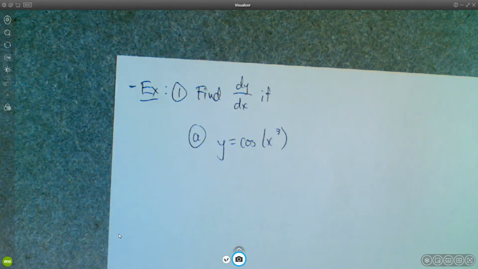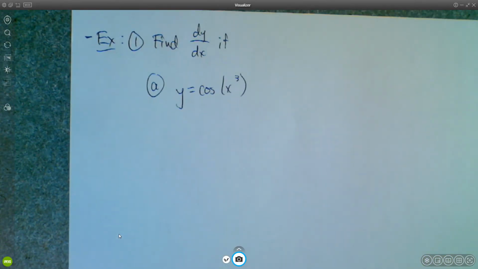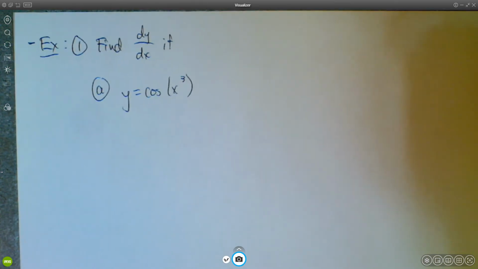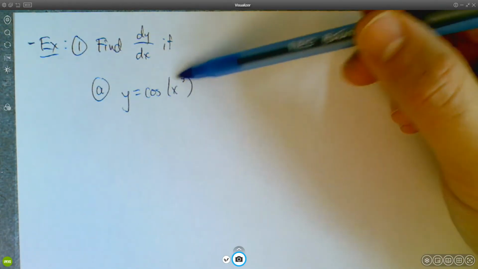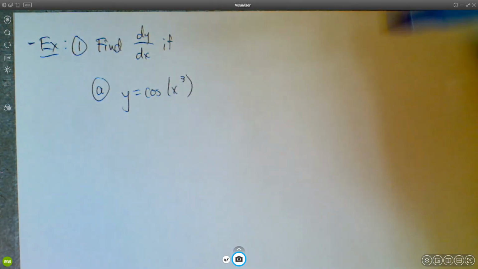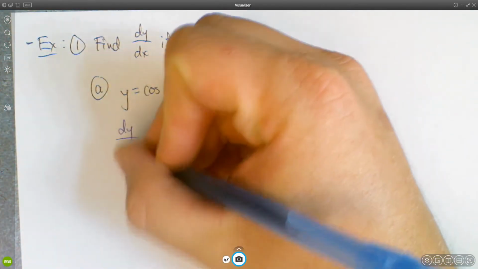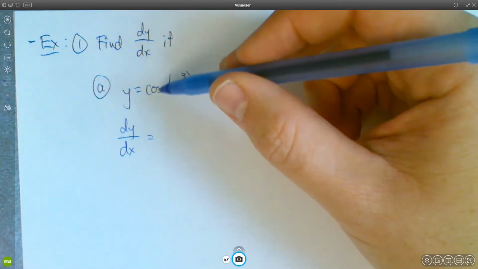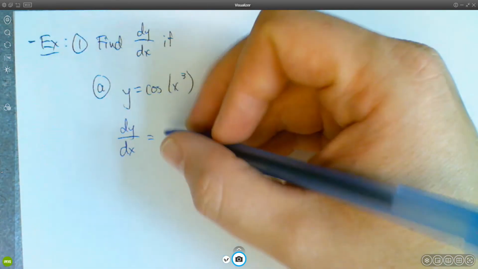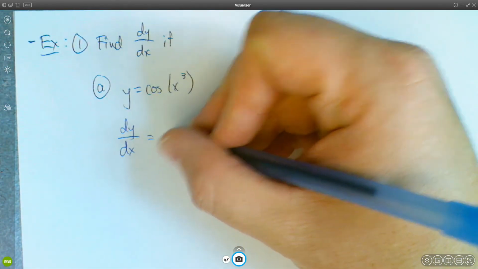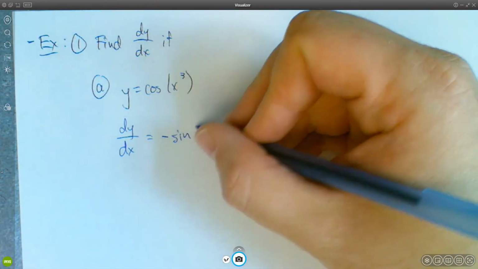Okay, so let's say that y equals cosine of x cubed, and then let's calculate dy/dx. What we have to get really good at recognizing is what's the outer function and what's the inner function. In this case, the outer function is the cosine function, and the inner function is x cubed. So dy/dx is going to be the derivative of that outer function. If you remember from the previous section, the derivative of cosine is negative sine. So it's going to be negative sine of x cubed